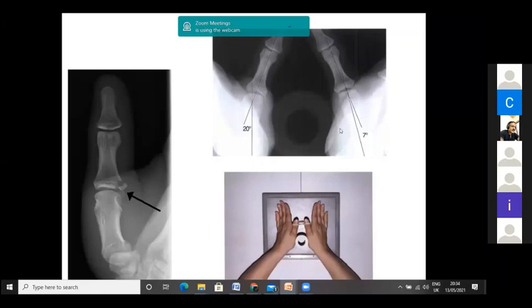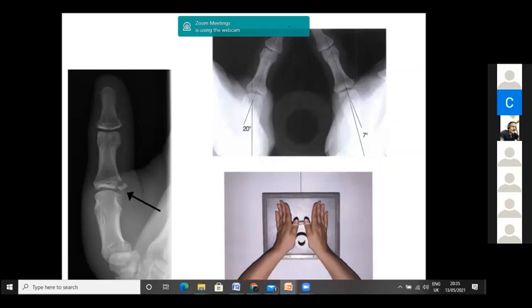So which side of this? This is left and this is right. So where is the ulnar collateral ligament injury? Left side. You can see the gap is further increased here, but on the other side the gap is not that much increased. So here is the ulnar collateral ligament injury. Most of the time, if it is undisplaced with a minimal bony fragment, conservative treatment helps, but sometimes it will not heal. The common reason for not healing is a Stener lesion.